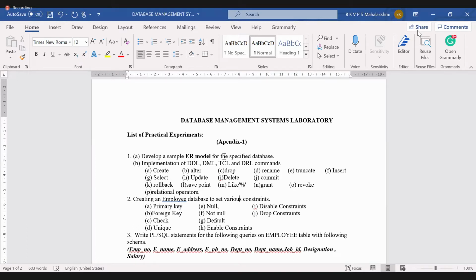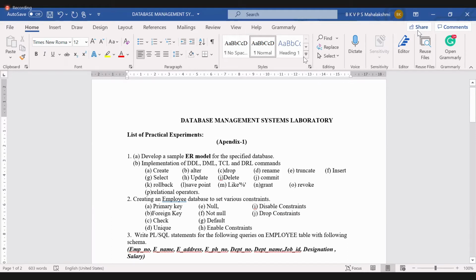Because even if you do a simple project, we have to go first with the design part, right? So this helps you a lot to learn how, for a specific application, if there are a number of tables, we are going to relate the tables. So that we can learn from the entity relationship model.